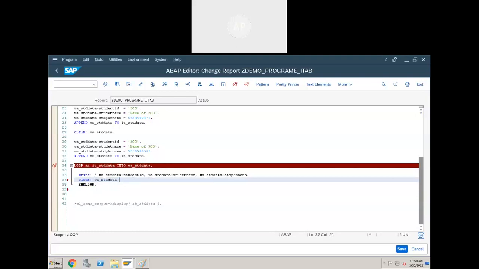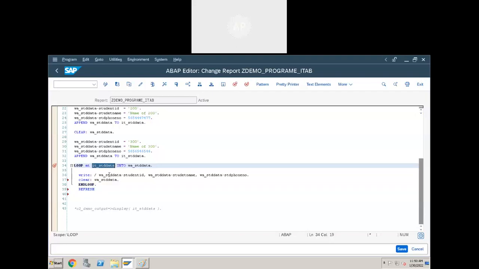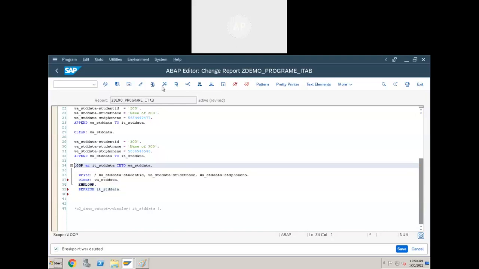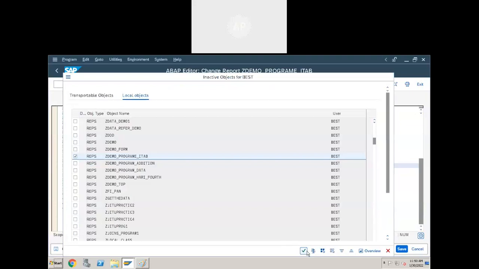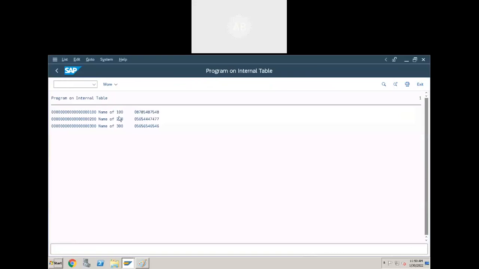Third time, 300 record, display it and clear it. And how to clear the internal table data? That is using refresh. Refresh IT underscore data. So this is the output.